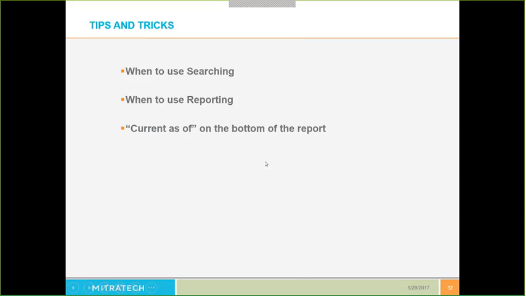The current as of button on your reports shows you when the data warehouse was actually last updated to your current information. We talked about using the span columns for a large amount of data like a matter description on